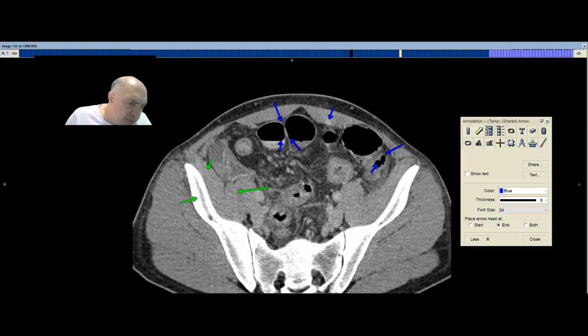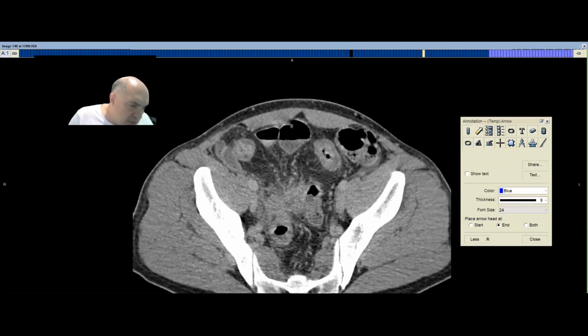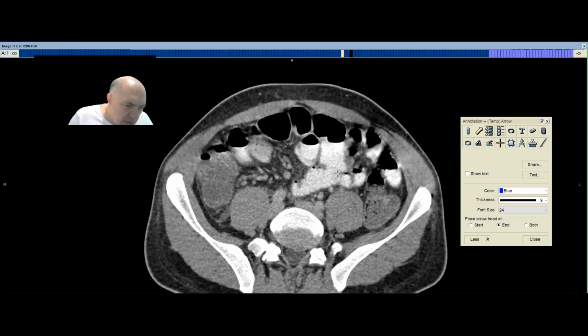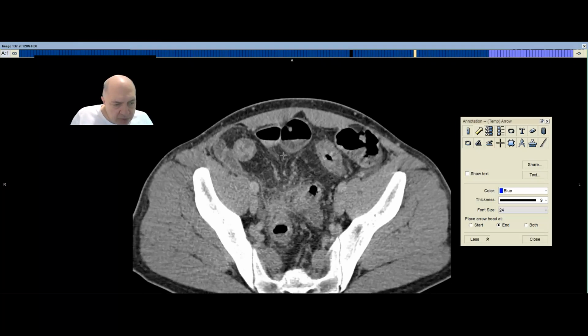And if we come down to the lower pelvis, we can see that the terminal ileum, which is the part of the loop that goes into the